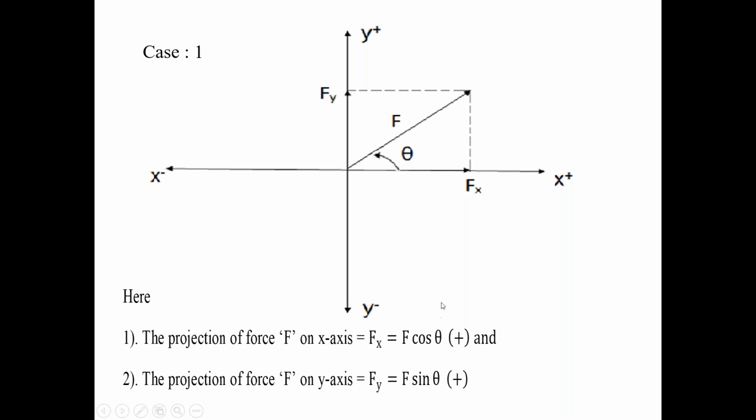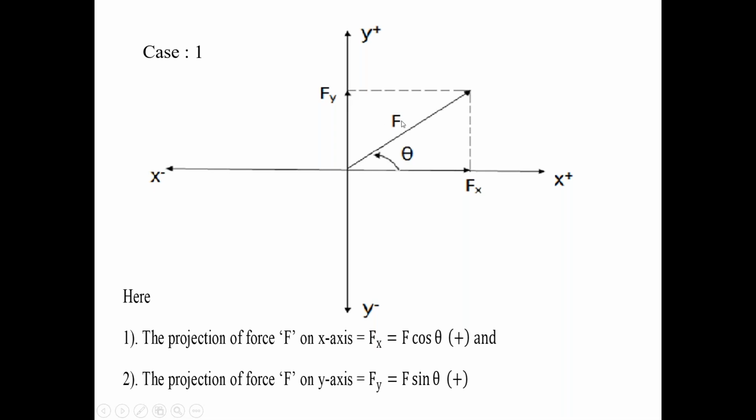Coming to the y-axis, same procedure. Put your pen nib in the direction of the force F. Rotate the pen, bring the pen onto the y-axis. Then your pen nib on the y-axis is towards the positive y-axis. That is the direction of the projection Fy. Your pen nib is towards the positive y-axis. So that is the direction of the projection Fy.